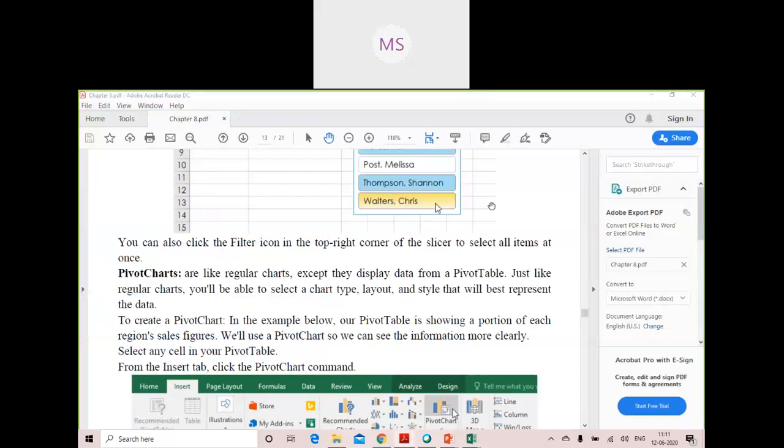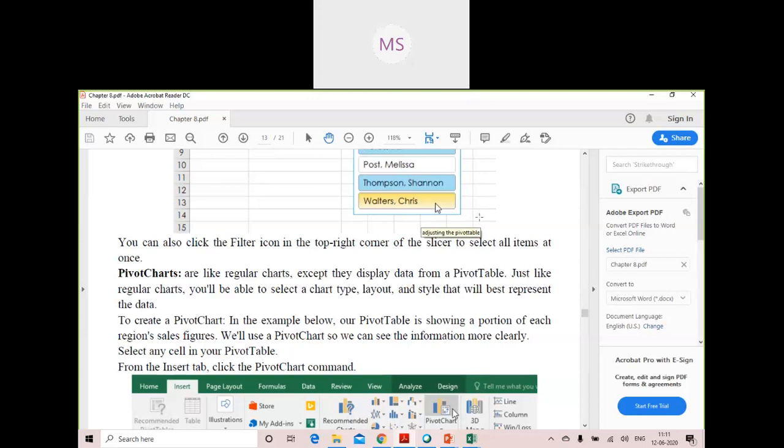So as we have seen pivot table, features of it and how to make use of it, how to create it, to customize it, how to apply various filters and slicers. Now we'll move ahead and we'll study about pivot charts. Like pivot tables are the features of Microsoft Excel where you can summarize your data in